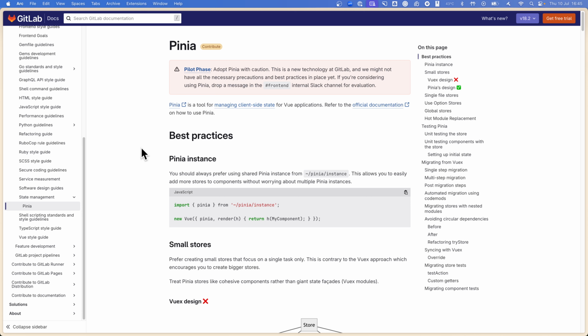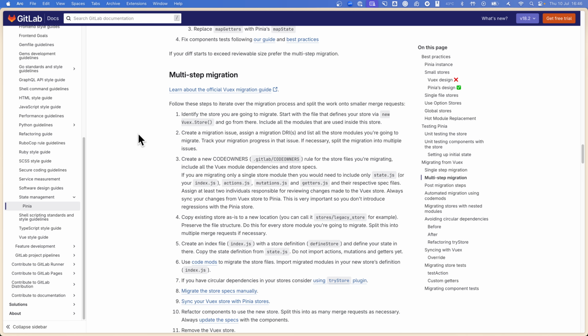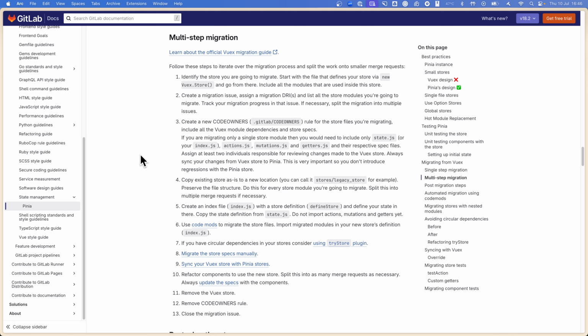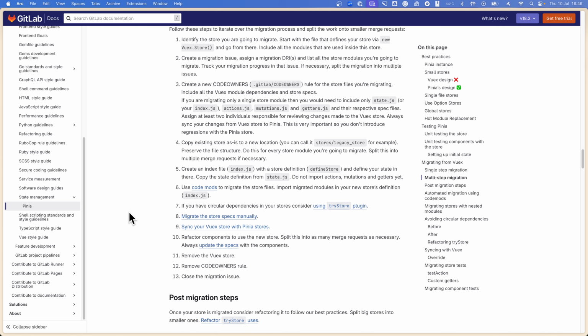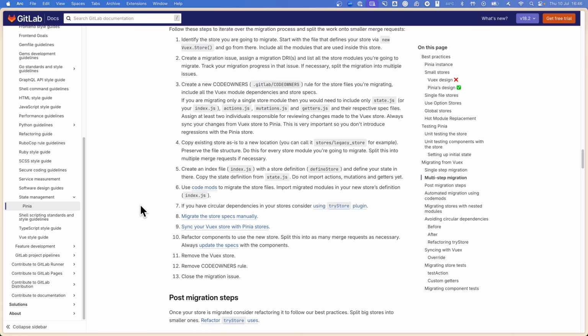Before we start with part 2, please go through our official documentation on Pinia. That should include all the information you need about migration. Especially pay attention to the migrating from Vuex section, as it tells you how the migration should work. This might change over time to give you more details about the migration, but so far it should have everything you need. Just by looking at our multi-step migration, we are now at the stage